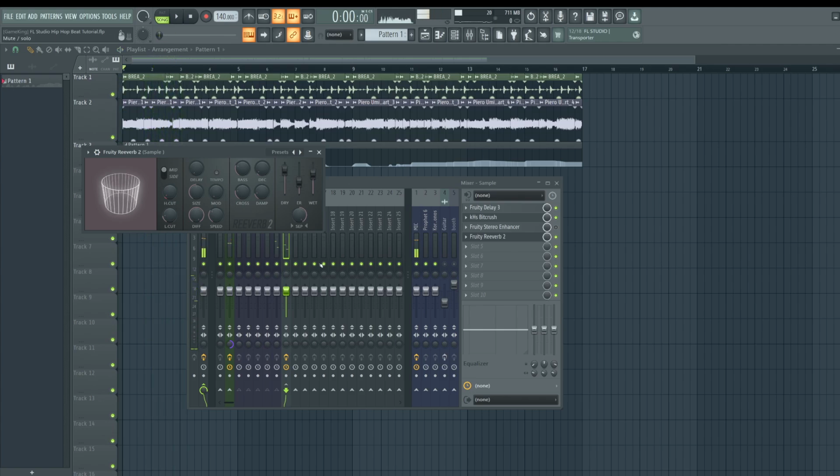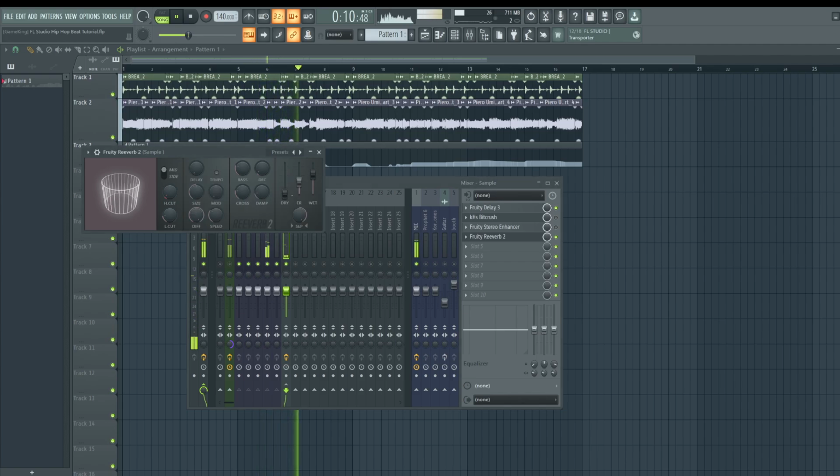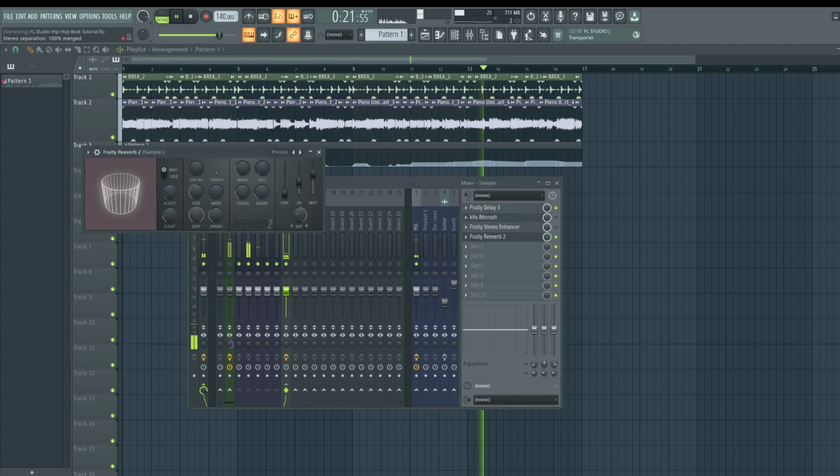I need to solo the sample so you guys can hear it. Let's hit Alt right click on the group so that we can hear the group sound. It's really hard to hear with the bit crush that low, so let's open that. I'll exaggerate this, but here's just the effect. See how it feels like we're in a chamber somewhere? As opposed to normal reverb that's normally like this, which is not bad, it just feels very reverby.